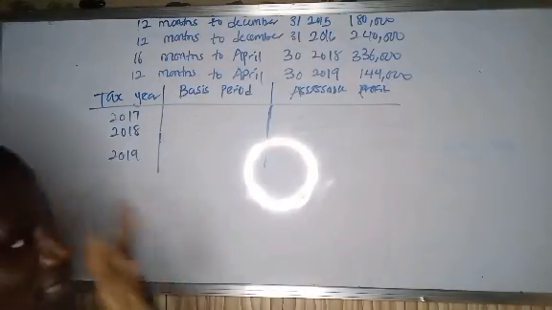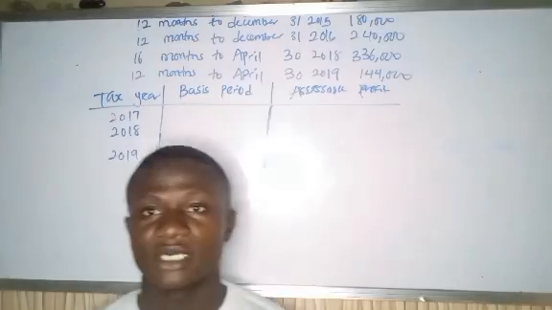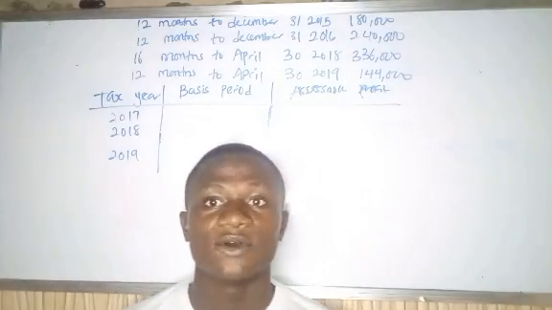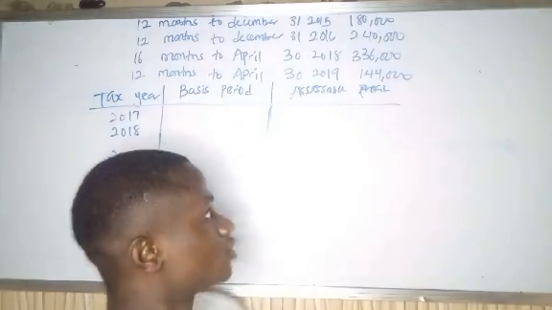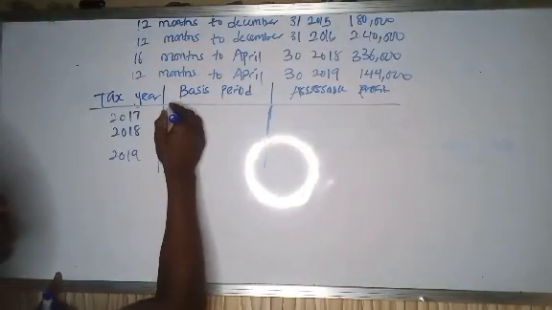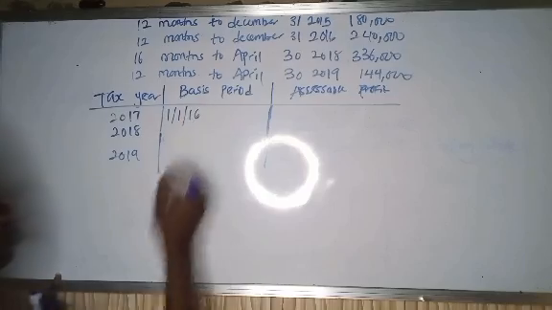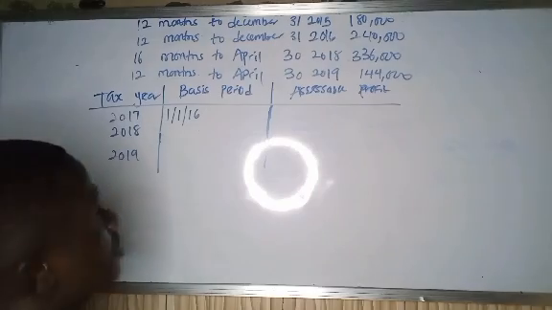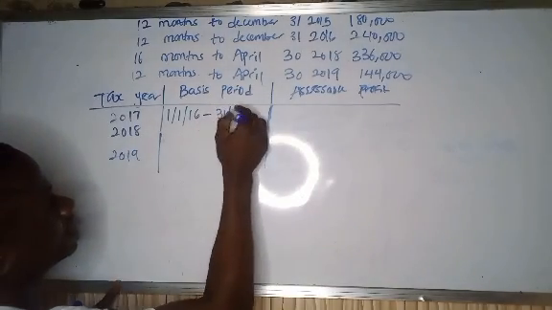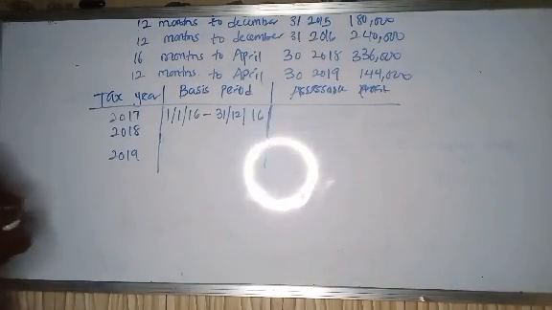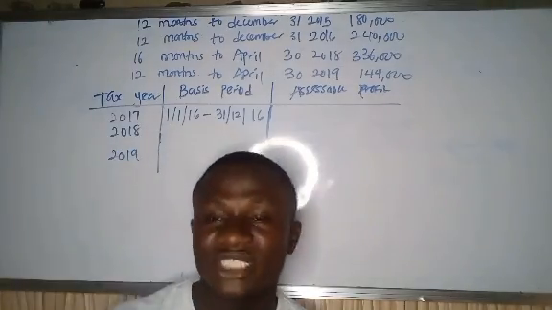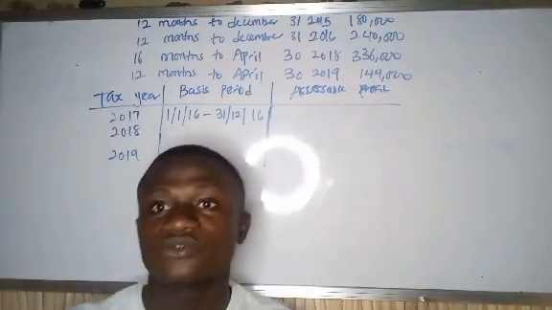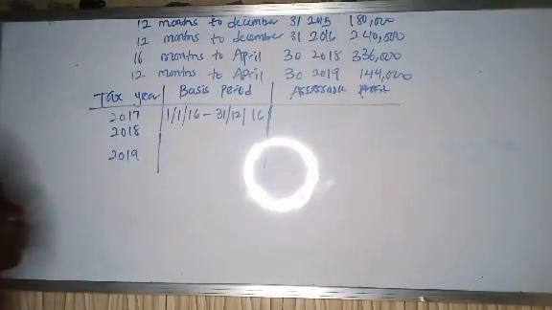Now, for year 2017, let's first go by the old accounting period, which is 31st December of every year. Then we go by the new. So going by the old, the 2017 period will be 1/1/16 to 31st 12/16, because it is a 2017 tax year and we are using the preceding year basis. That is why in the year 2017 they will collect tax of 2016. So don't get it confused. It's still the same rule we are applying.